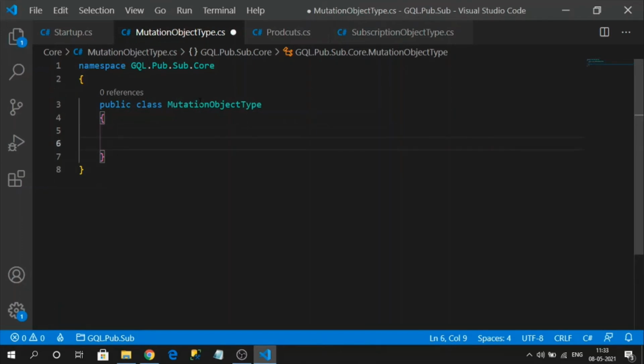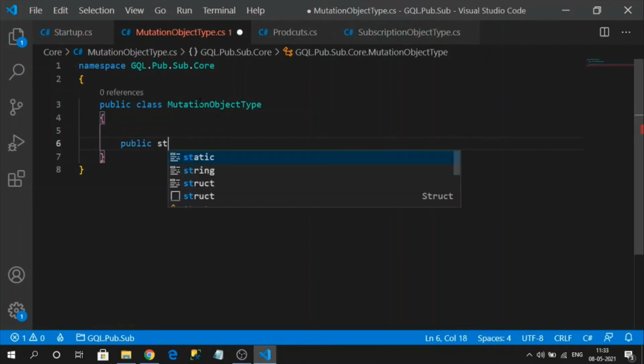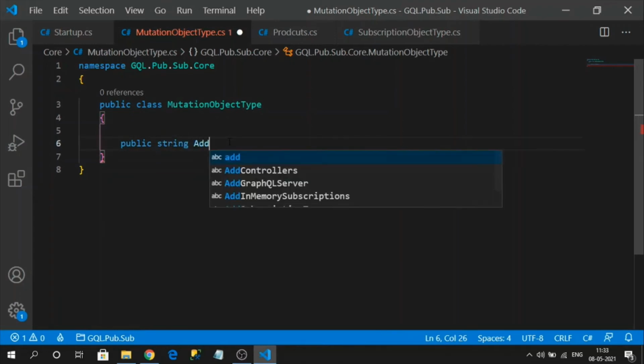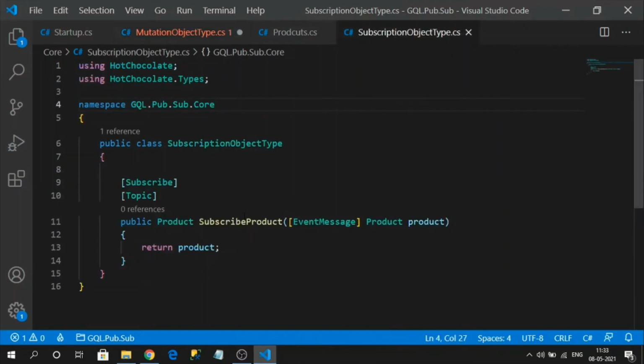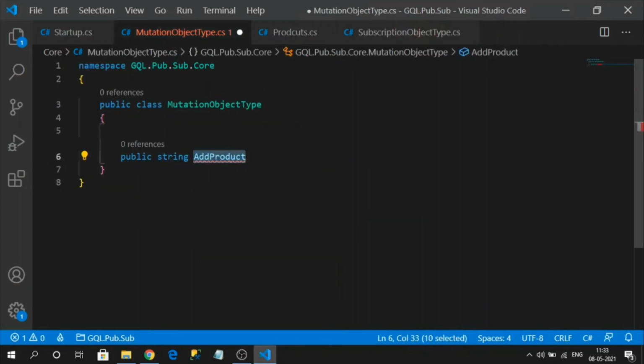So let me create a public string. I want to return just the added product name. So I'm simply returning the string. You can name it like a publisher, right? Because it will publish the data and this will be the subscriber. In that way, you can also name it.